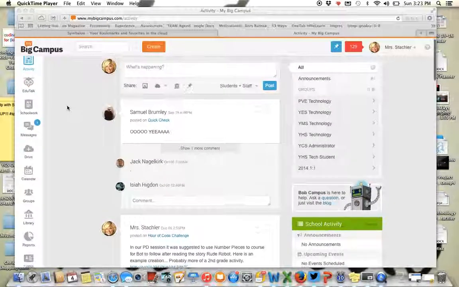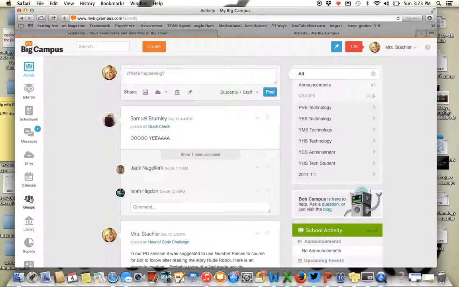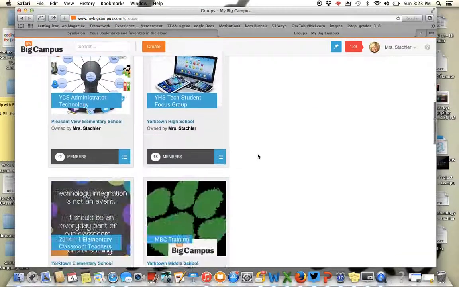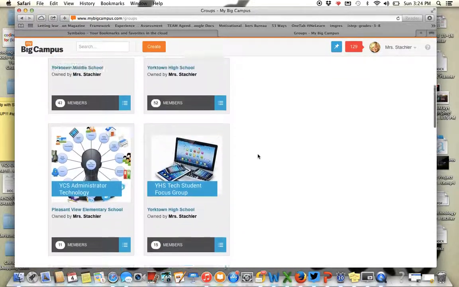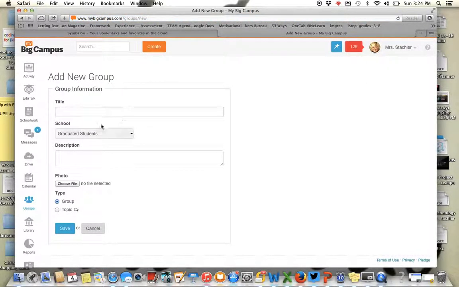So to start to create a mega group, what you're going to want to do is access your groups option along the left-hand side. And here you're going to find all of the groups that are yours through PowerSchool. And what you're going to do is go to create new group. So in addition to your PowerSchool generated groups, you're going to create another group within your My Big Campus groups. And we're going to call this